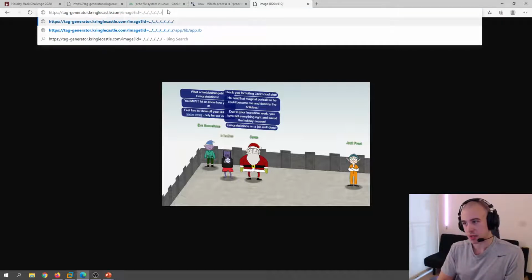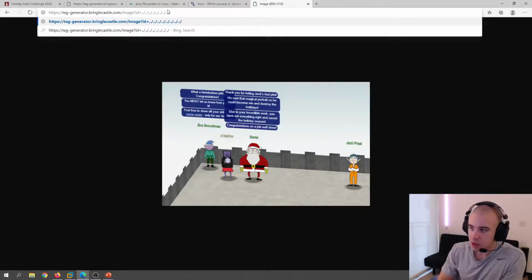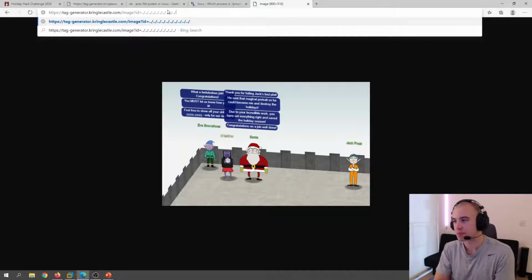And what this is doing in Linux is traversing up a directory. So from wherever in the file system our uploaded image is being stored, we are traversing all the way up to the root. And it doesn't matter if we go beyond / or the root, it'll just cap us at the top of the file system. So we'll do this a bunch of times, not knowing exactly how far up to root it is. And then what we'll do is